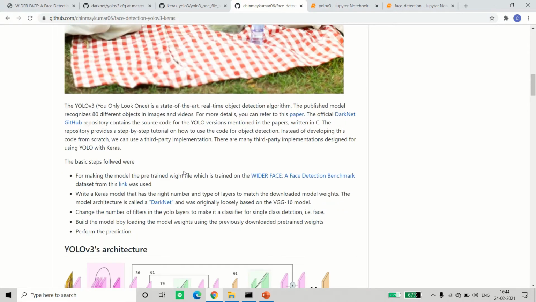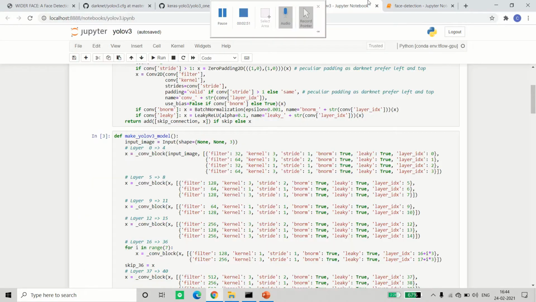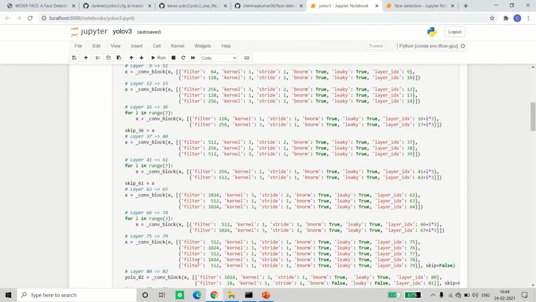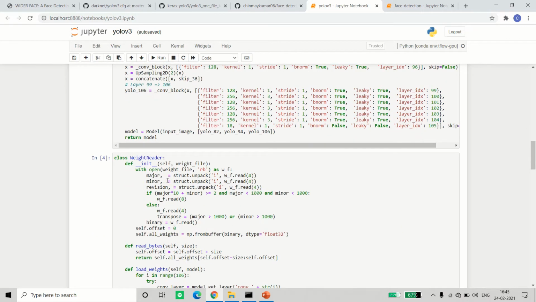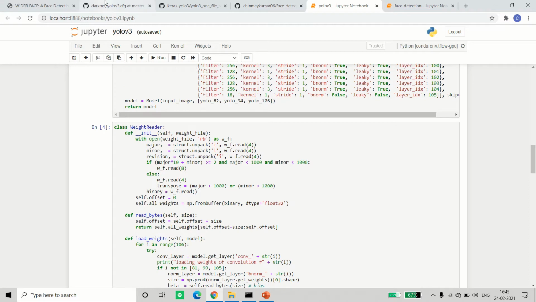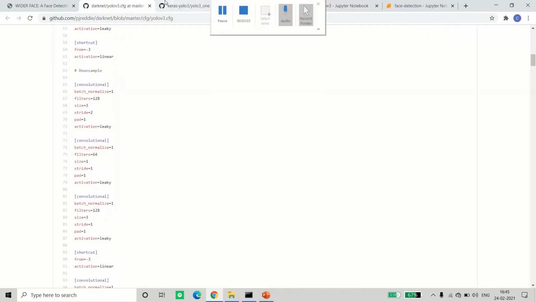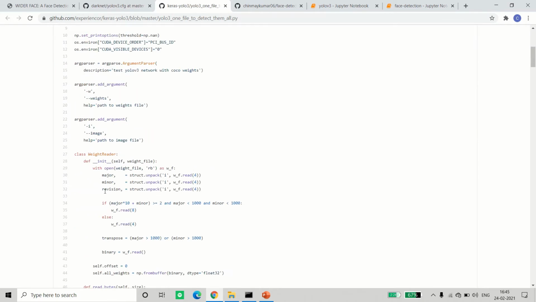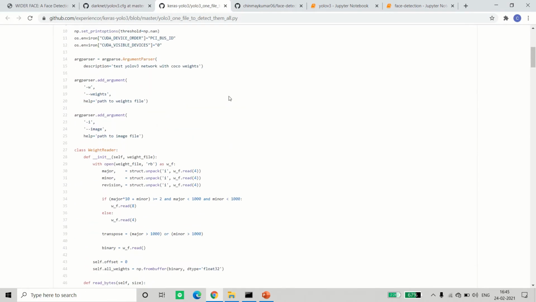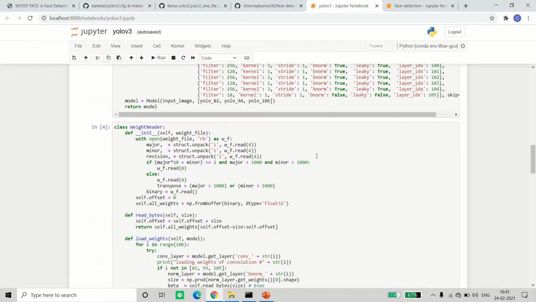You can download the weights file, and that same weights file we're going to load into these layers. For that I've used a WeightReader class, which is taken from this repository.